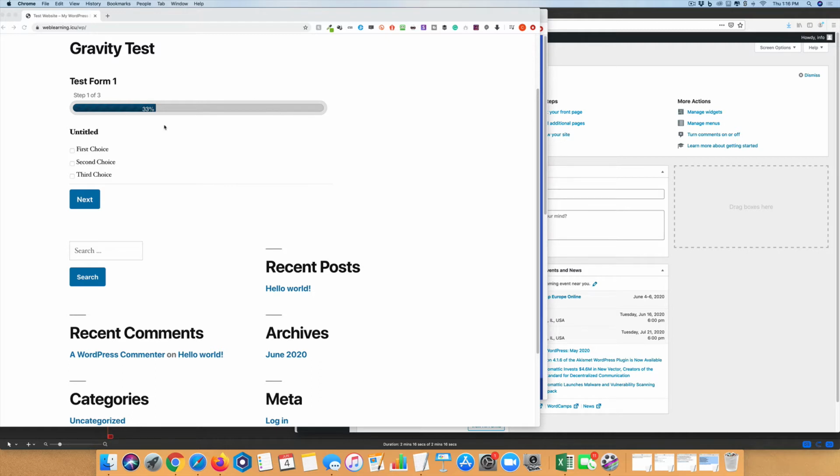Now, we have to do this through a little bit of CSS, and I don't want this to freak you out because I'm not a CSS master. I'm going to show you how easy it is. But first of all, we need to find the CSS ID that works with this. So in this case here,